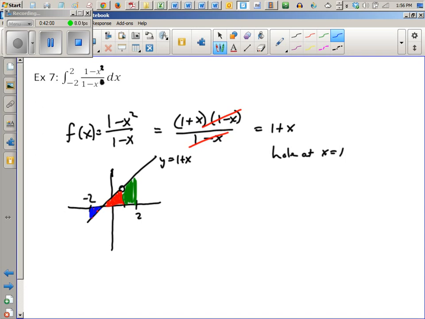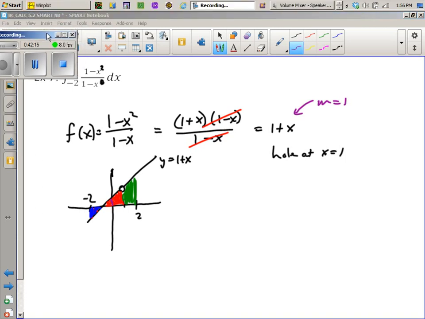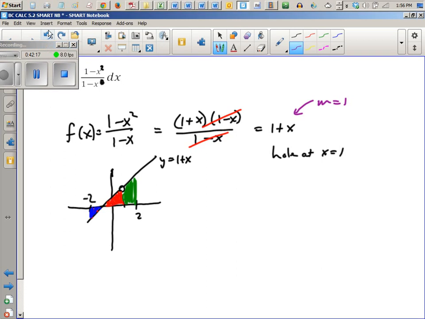We know that because this line has a slope of 1. So since the slope is 1, that means that the angle formed against the x-axis is 45 degrees, as you probably are well aware of. So what I'm going to do is just assume that these are all 45, 45, 90s. Here's my blue triangle, and it's a 1 by 1. And then there's a red triangle,